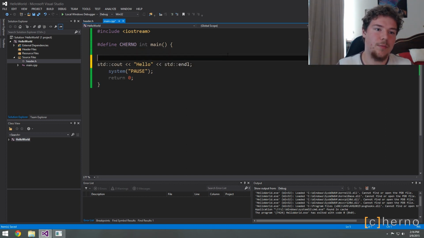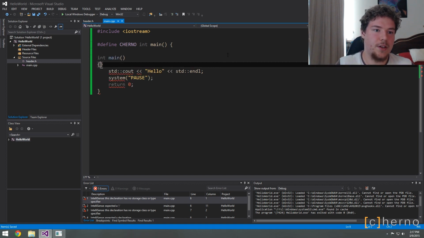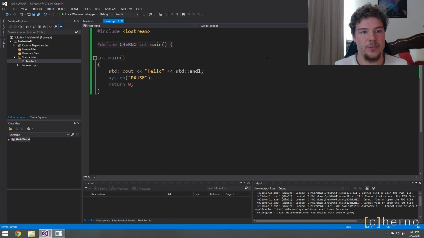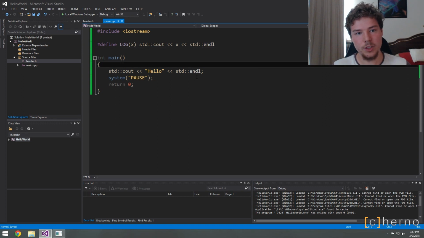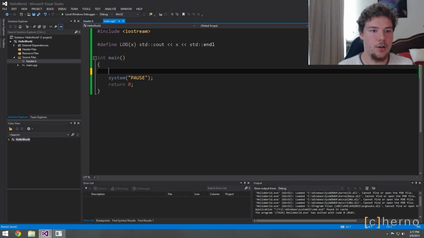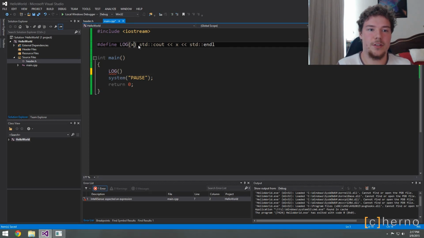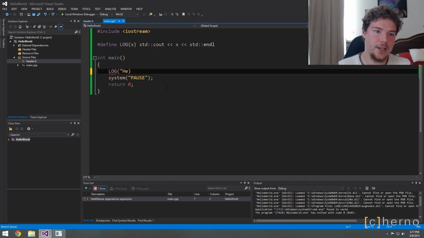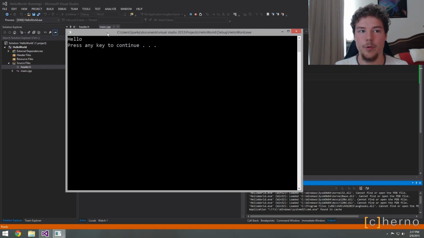I guess I should probably mention one useful use case. So let me bring back our main function rather. One cool use case, let's just say we had a logging thing, and all this will do is print out our X. All right, if I go ahead and log something, you can take in parameters. You can take in as many parameters as you want. You can even take variable amounts of parameters or arguments. But if I log something like hello now, you can see that it works the same way,